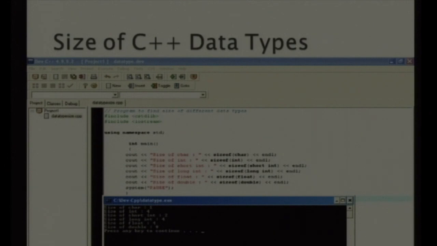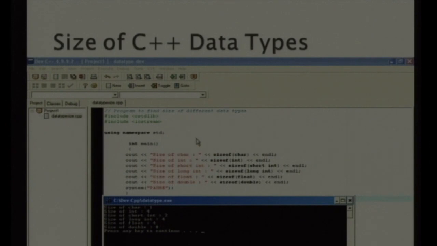You can see the output shown on the screen. Character is 1 byte, integer is 4, short integer is 2, long is 4, meaning long and int are both the same on this system on which the program is running, and double is 8.